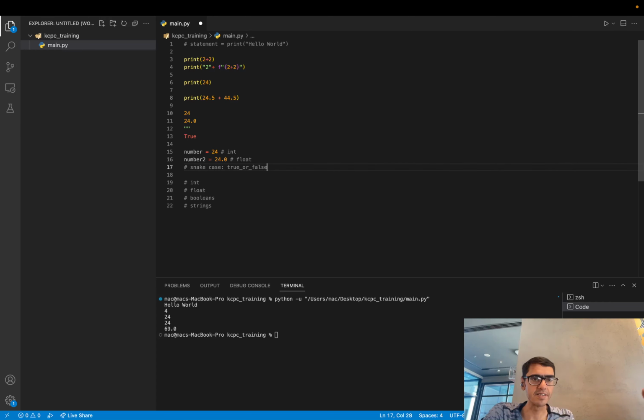Okay. So snake case, you can see that it looks like a what? Snake. Okay. Where each word is all small case, of course, and each word is separated by an underscore. Of course, there's a reason why we use underscore in this case, because if I try to do this,